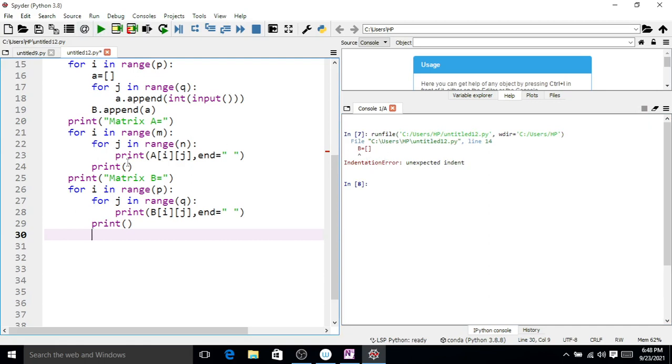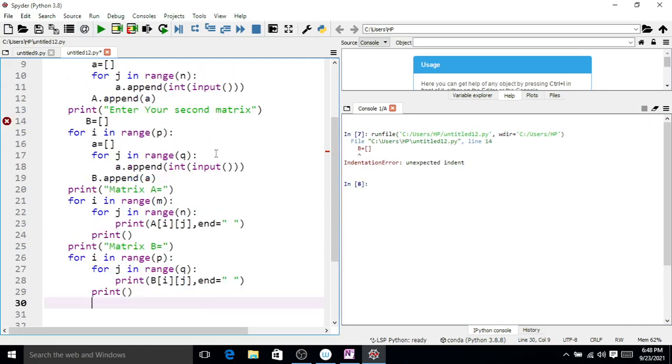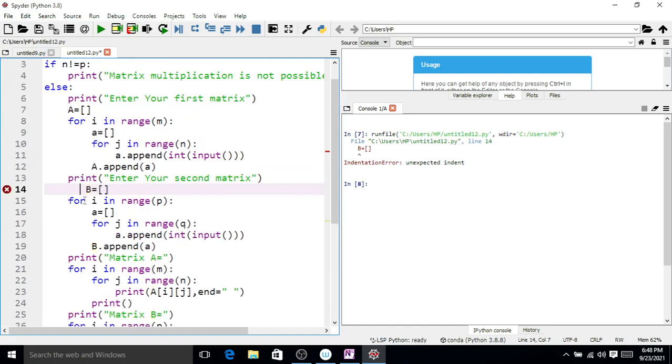unexpected B, there is an error in line number 14. Print second matrix.